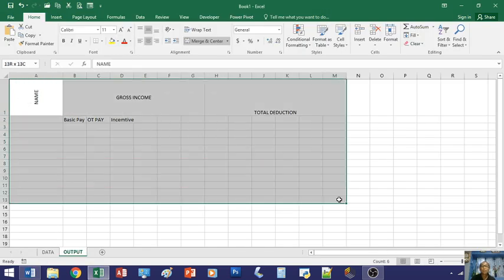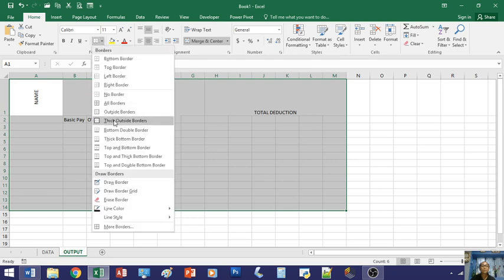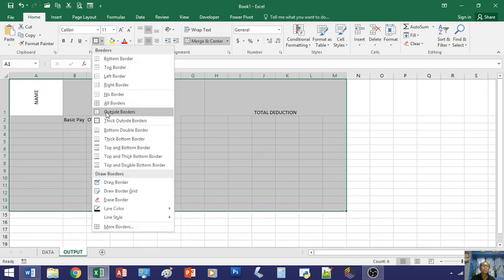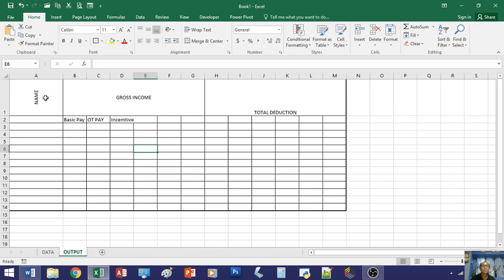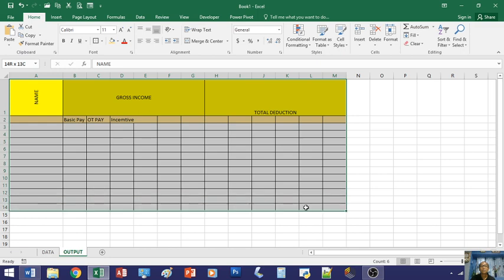Applying borders, fill color. Say for example, you would like this one to have borders. You can have this. For example, you would like a thick outside border, and then your inside border will be different. You can have fill color here, another fill color here, all of these